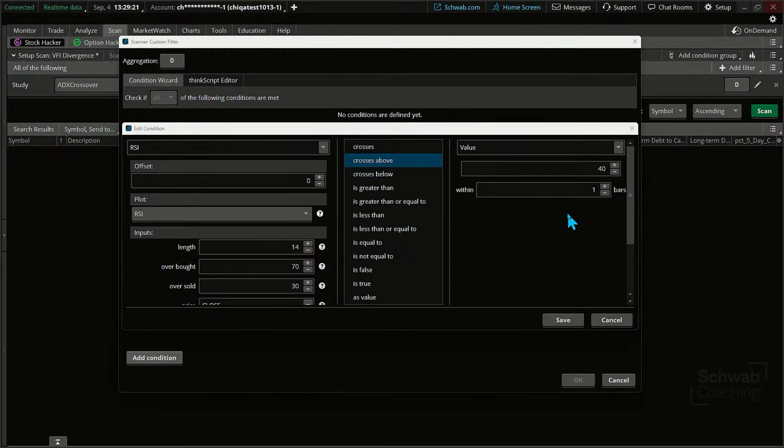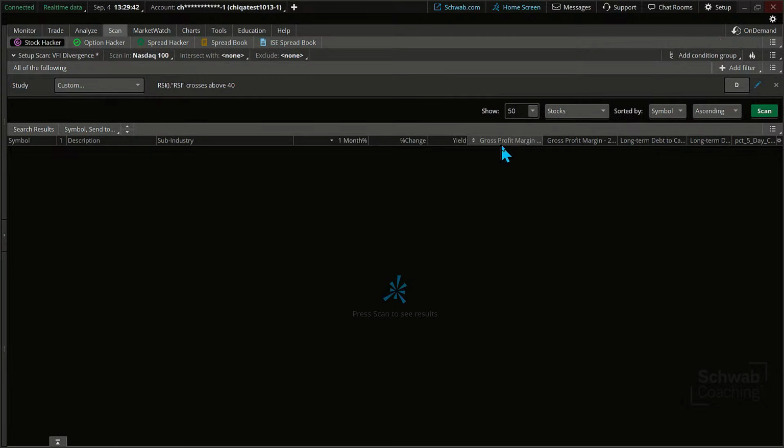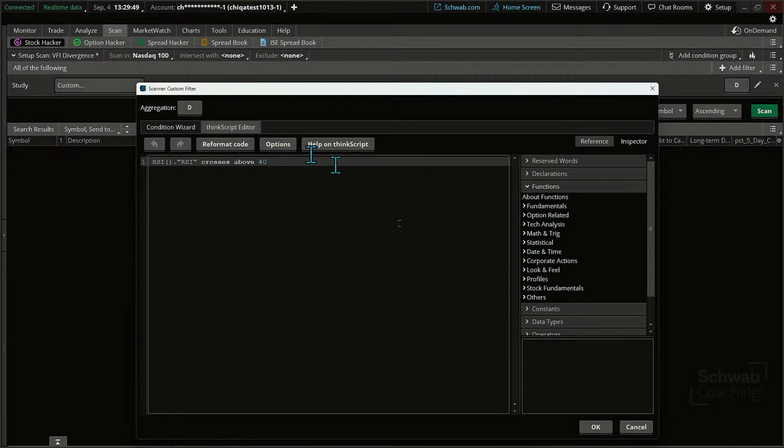So that's it. Now we got to kind of determine, let's just do this first. I'm going to show you all those stocks, let's say within the NASDAQ 100, that are crossing above the 40 today. We haven't put a trend in here like a MACD, which can provide a little bit of an indication of the trend. Not yet. So we're going to see a lot more potential stocks here on the NASDAQ 100. But look how simple that code is. That is the code itself. RSI crosses above 40. You can't make it any easier than that.